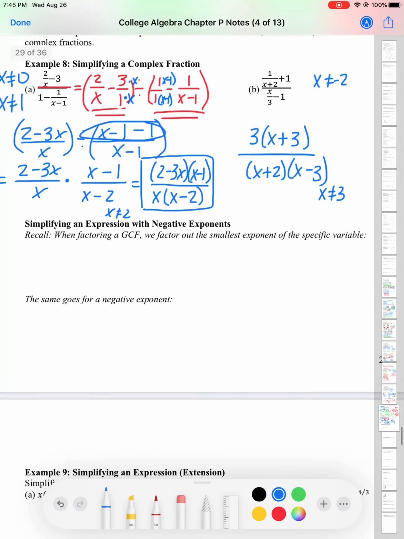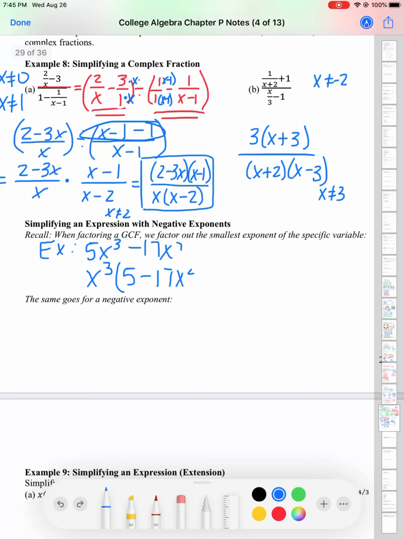Okay, so simplifying an expression with negative exponents. Recall, when factoring a GCF, we factor out the smallest exponent of the specific variable. So if I have 5x cubed minus 17x to the 7th, I factor out the x cubed because it's the smallest exponent. So I'm left with 5 minus 17x